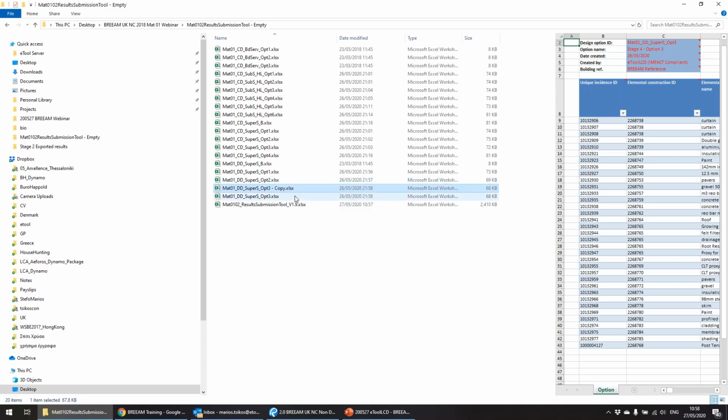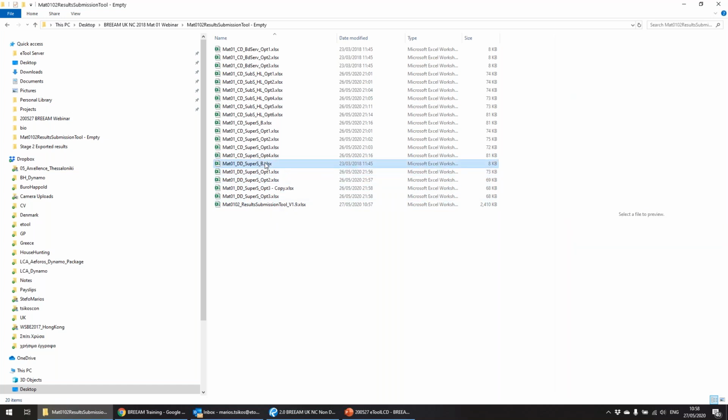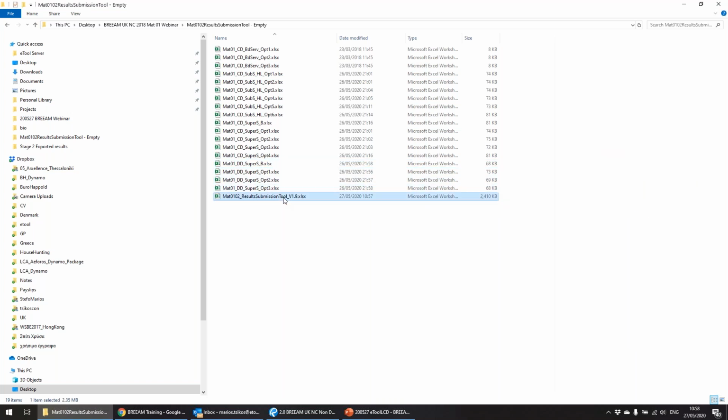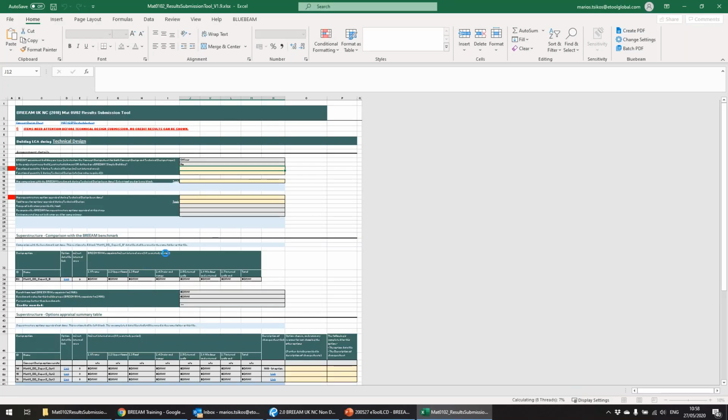So you're free basically to select the worst environmental option, which doesn't sound right, but this is how it is. And I can then copy that, delete the empty one, and rename that one. And if I open that one now,